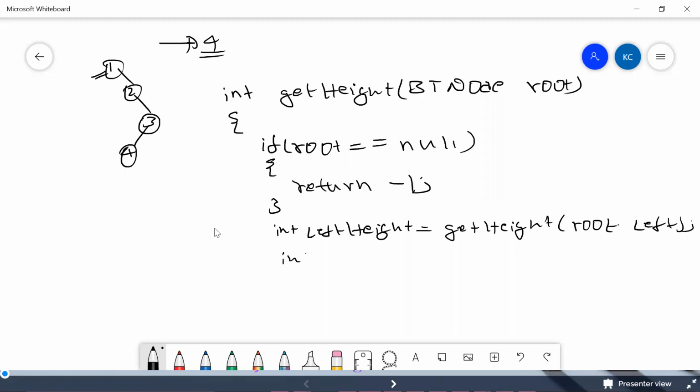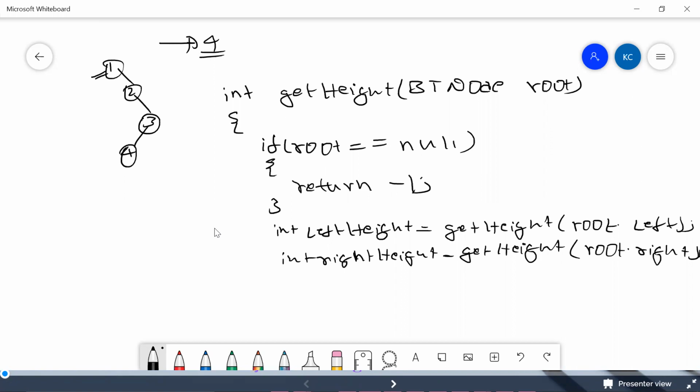And finally I'm saying int rightHeight. Right height is nothing but getHeight of root.right, something like this I'll be writing.